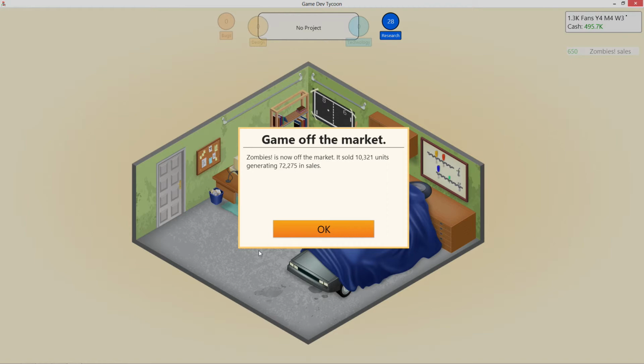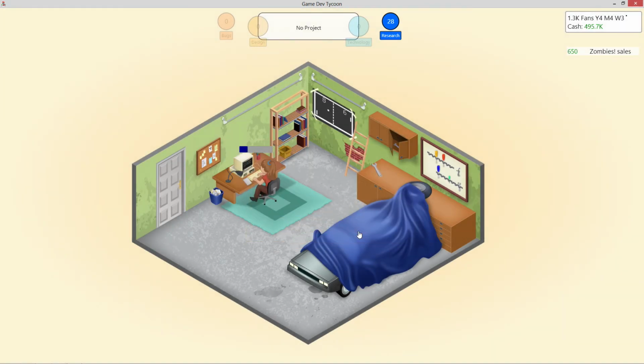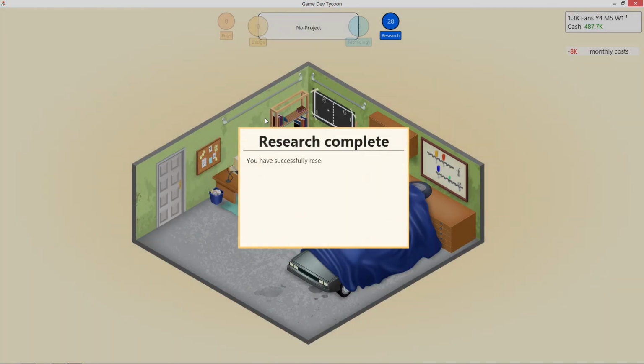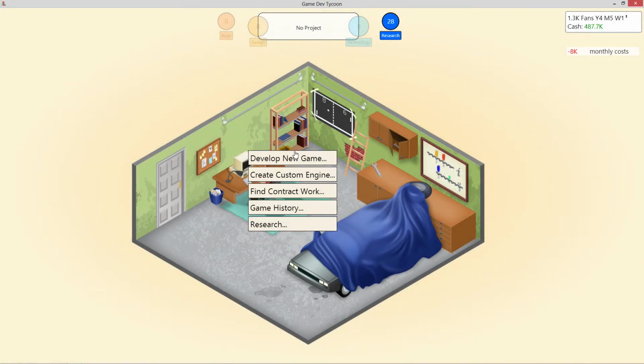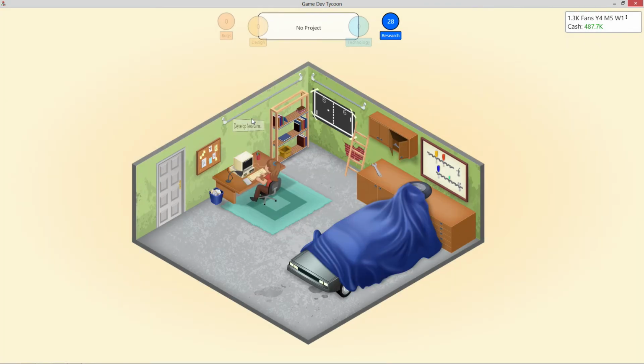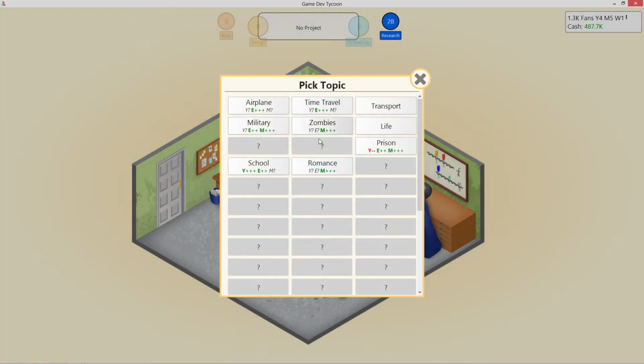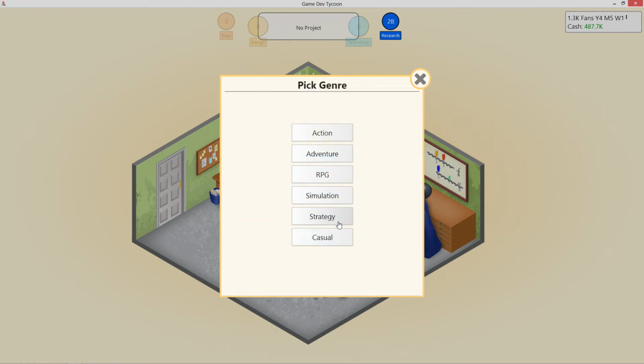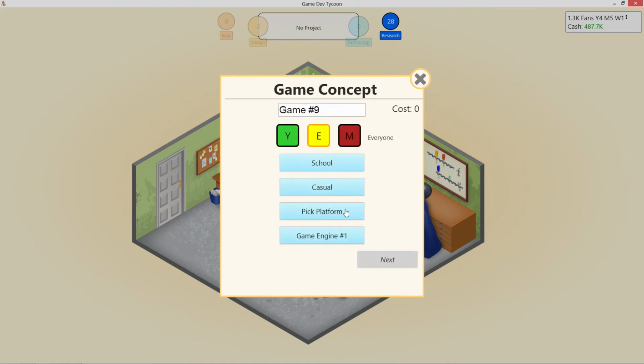So Zombies is now off the market, and right now we don't have any revenue. Yeah, so basically right now the only thing we can add to our next game engine would be tutorials, which is not worth the $150,000 just to add game tutorials. We're going to develop a new game. School mature. I'm sure that's going to be a negative. School casual. Well, first of all,